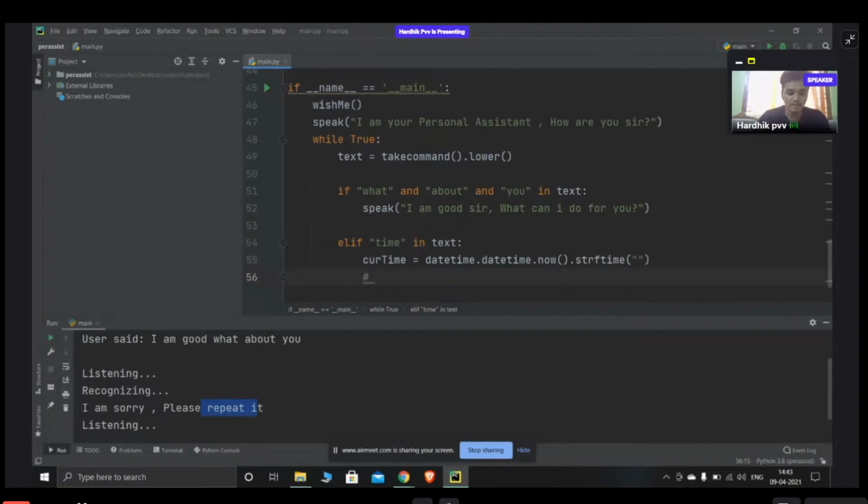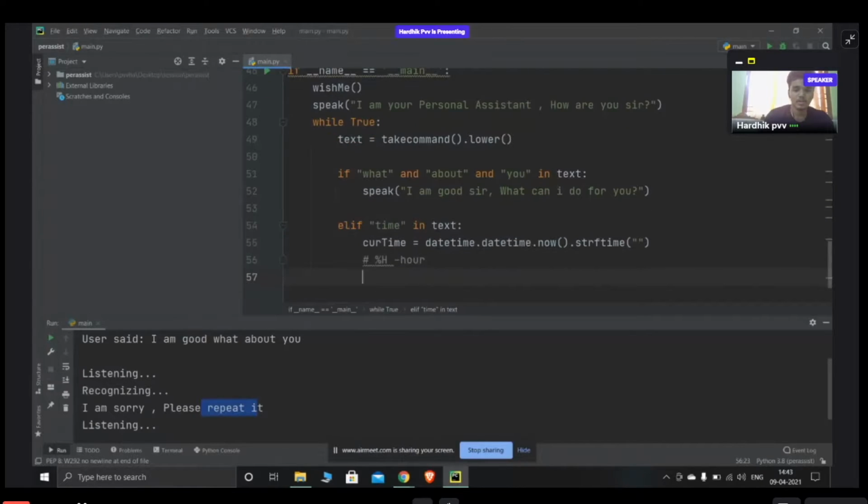If you want an hour format, then you put percentage capital H for the hour. So if you want the hour using this particular function, you put this capital H. I wanted a string format, so I kept percentage H for the hour.